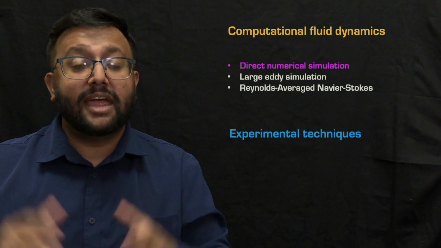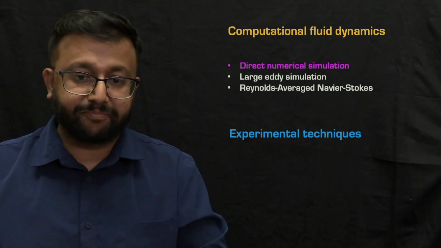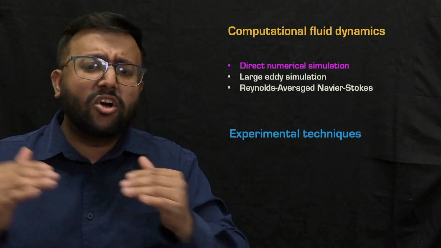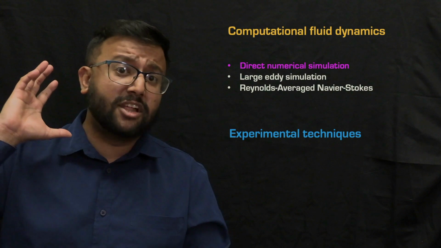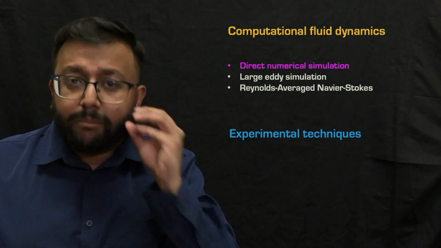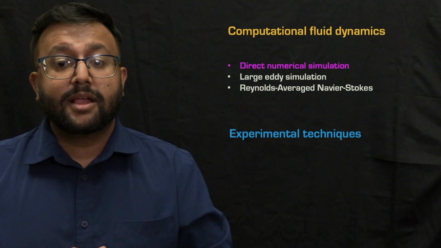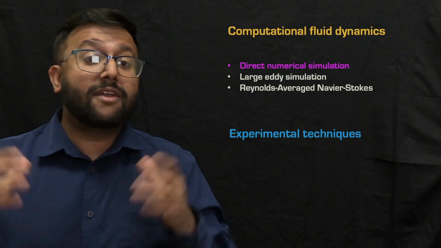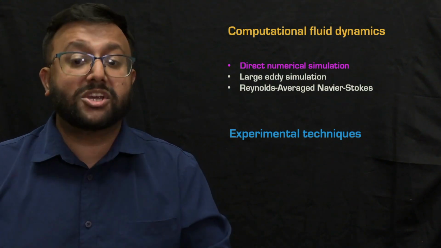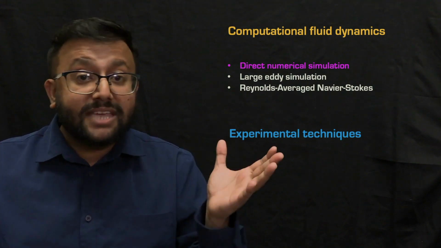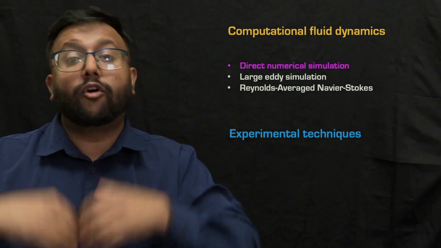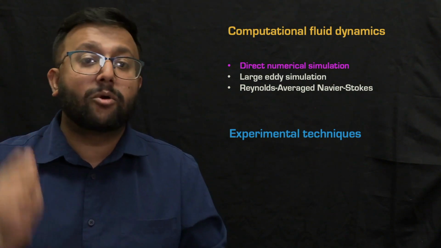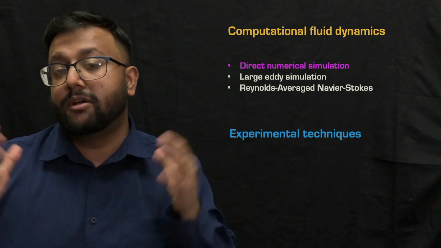But there is a caveat. It is computationally expensive. The second one is the large eddy simulation, which serves as a good middle ground. It resolves the large scales of the flow while modeling the small scales. The third type of technique that is used usually in CFD is the Reynolds averaged Navier-Stokes equation, which models all the scales of the flow, making it suitable for high Reynolds number problems. Now, the caveat here is it provides less detail about the flow physics.